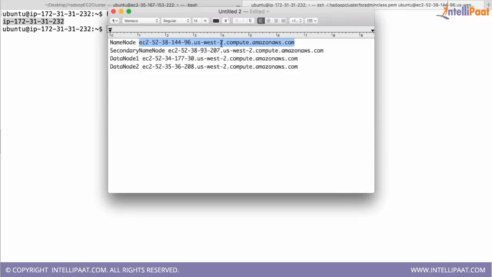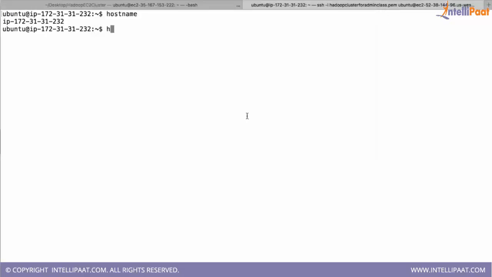To correct that, you copy the same host name with which you are accessing the machine, and say hostname followed by this host name. We can only change the host name as root, so I'm adding sudo: sudo hostname and the new host name.